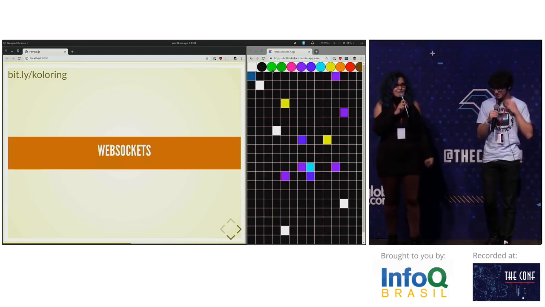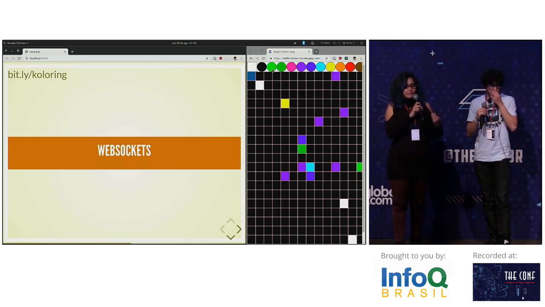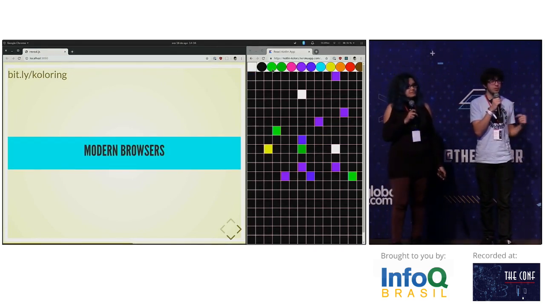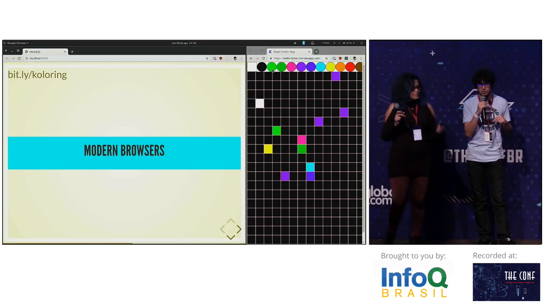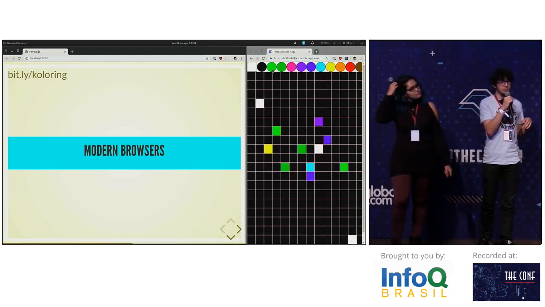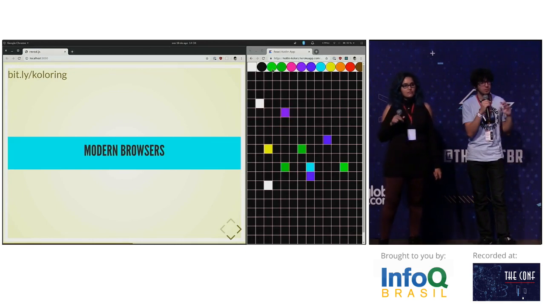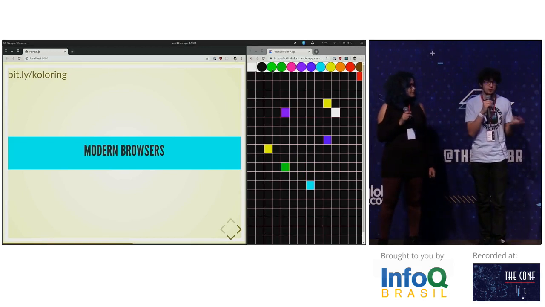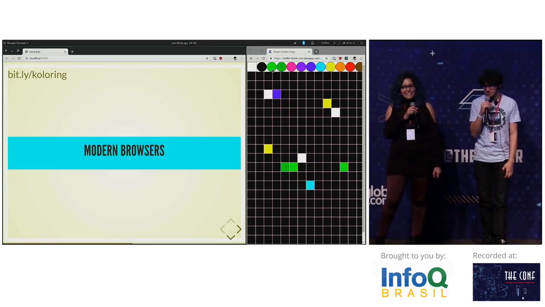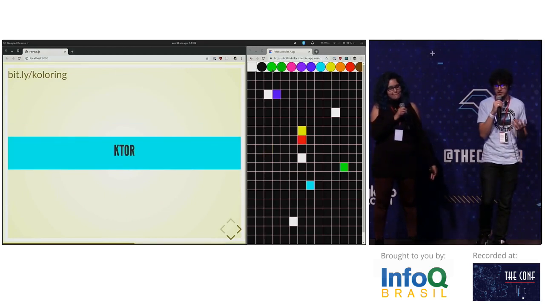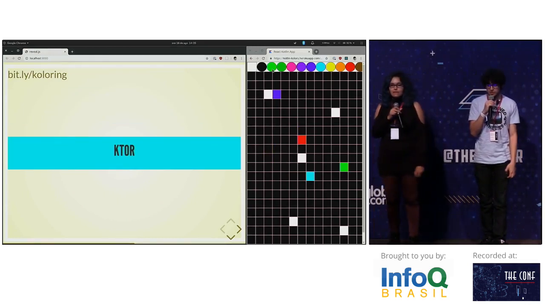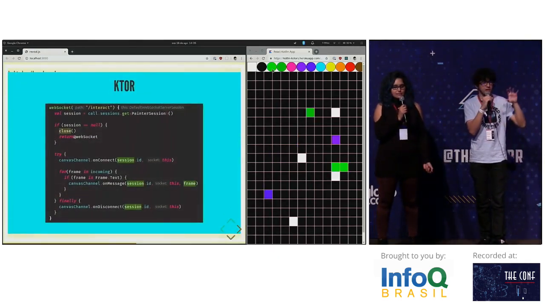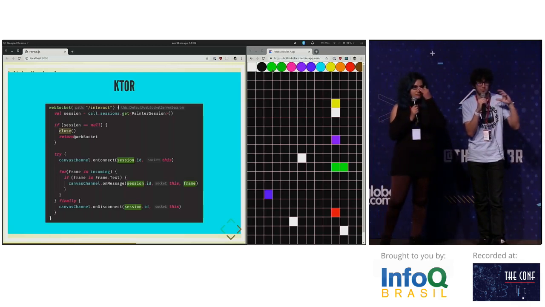Yeah. So for this, we need WebSockets. WebSockets is a technology that allows live communication between the front end and the back end, and it's not a request-response model, so you can send messages to the back end, and the back end can send messages to you anytime it wants. It's present in all the modern browsers nowadays, so thank you, W3C. And yeah, the good thing is that Ktor already had native support for WebSockets. It was really easy. You just need to declare the WebSocket part and the routing part, it's very, very easy.